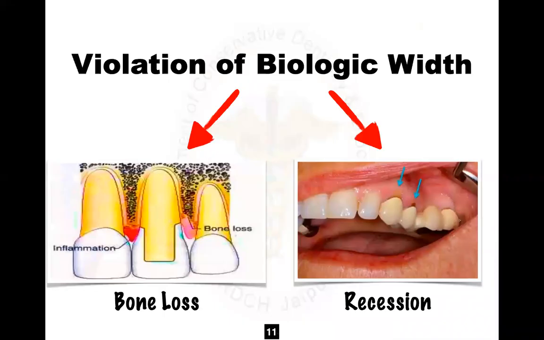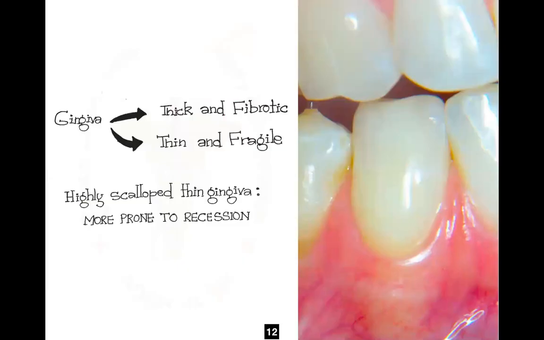So you've evaluated, you've probed it, and now you know some sort of violation is happening. The other criteria for knowing whether the violation is happening or is going to happen in the future is the presence of bone loss on the radiograph and recession when you clinically check the tooth or teeth, right? So violation of biologic width can also be noted through the radiograph, which can show you bone loss. The bone loss can occur in a variety of other conditions or diseases as well. And recession you can see.